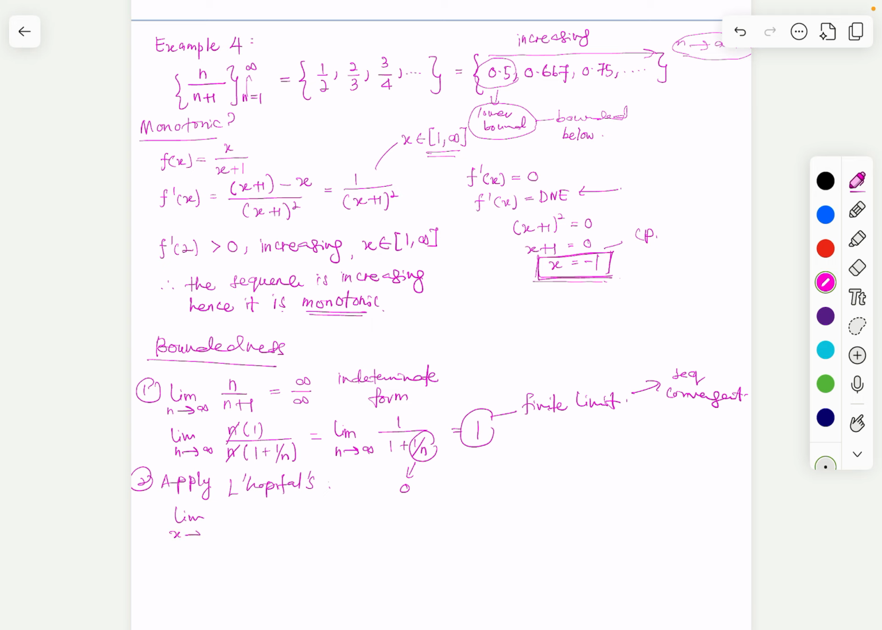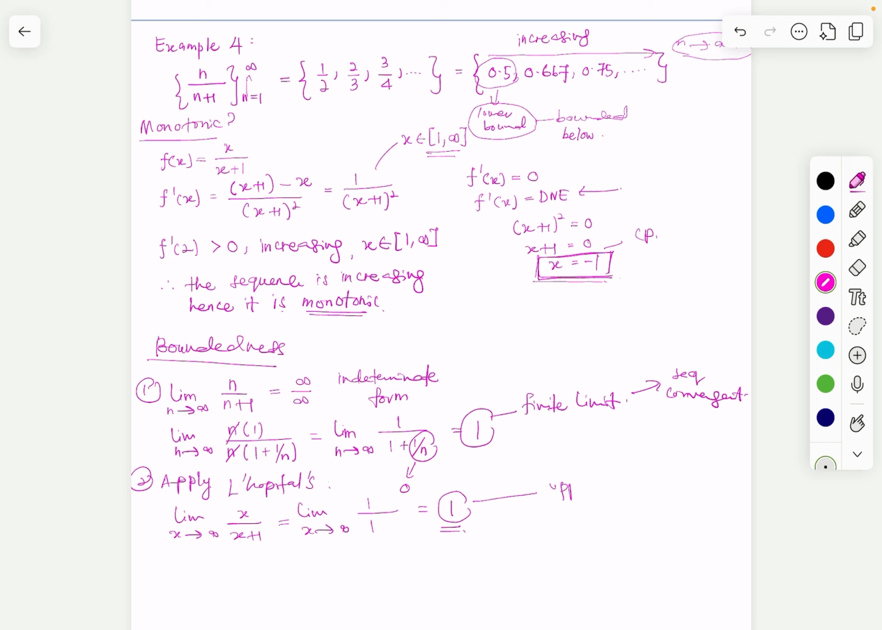So as x goes to infinity, x over x plus 1. We apply L'Hopital's rule, which means we differentiate the numerator and denominator. Differentiating x becomes 1, differentiating x plus 1 also becomes 1. So the answer is the same, you get 1. Okay, so 1 is a finite number, then you know that 1 is the